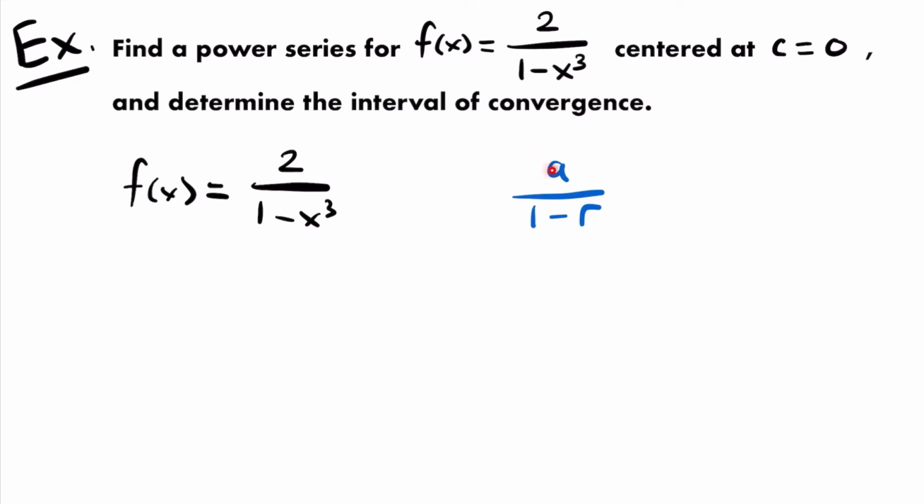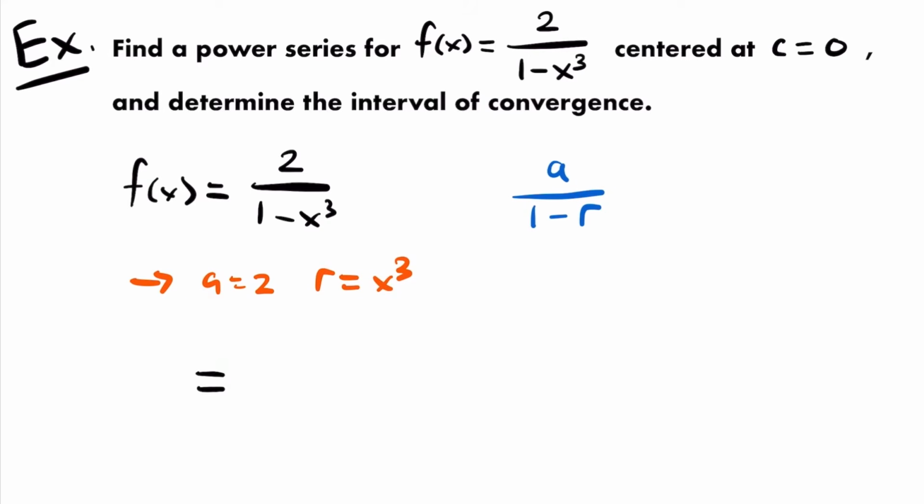So if we compare this to our function here, we would say that a is equal to 2 and r is equal to x cubed, right? We have some constant in the numerator, and then we're dividing by 1 minus some common ratio r. And so we would say that a is equal to 2 and r is equal to x cubed,